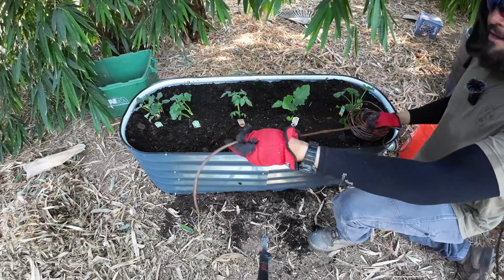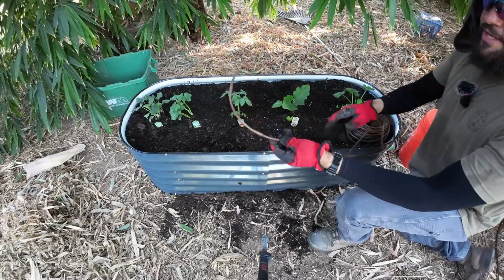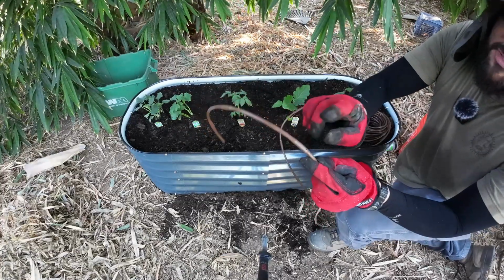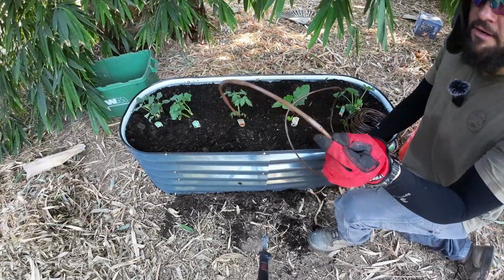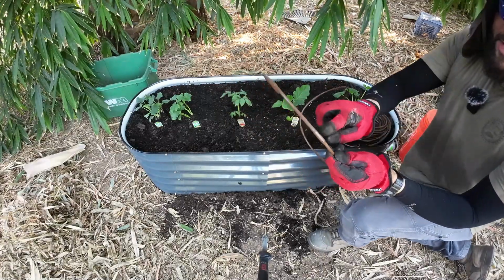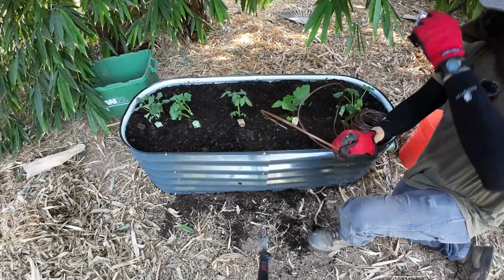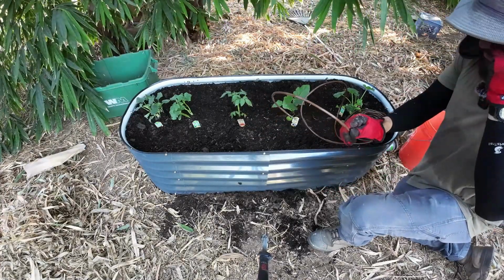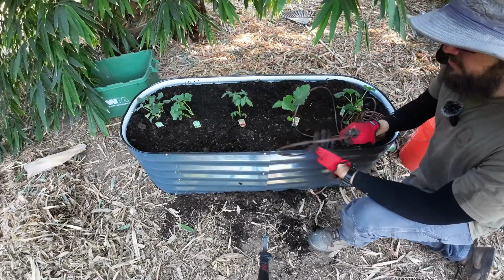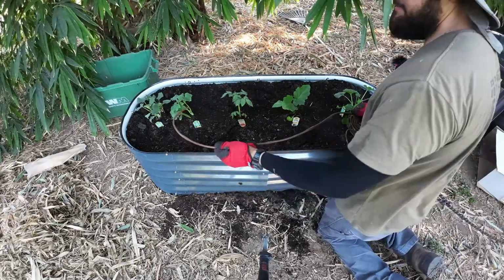So the easiest way to water your raised beds is going to be by using a drip line like this. This is a 1/4 inch line, and every 6 inches or so, it has a drip hole. Now this drip is built into the line itself, and this one specifically is 1/2 gallon of water per hour. So for every hour that this thing is running, each hole, every 6 inches or so, will push 1/2 gallon of water. It may sound like not a lot of water, but I can tell you, it is a lot of water. So usually what you do is you just put this line around your plants, just like that,